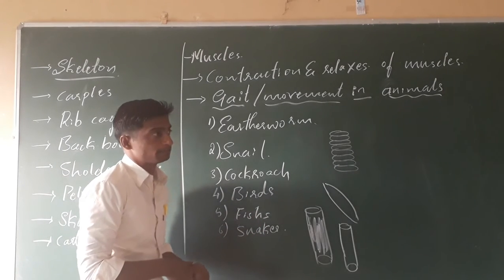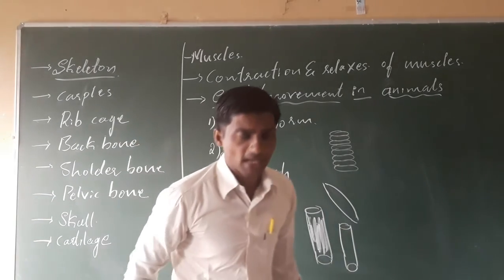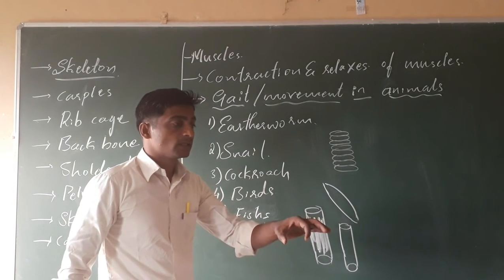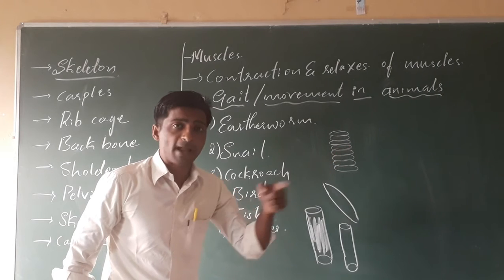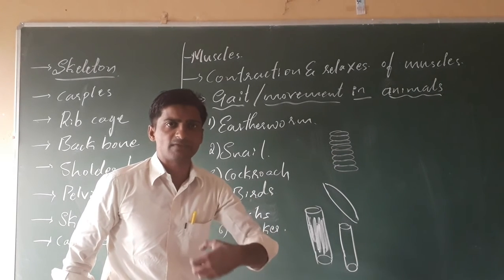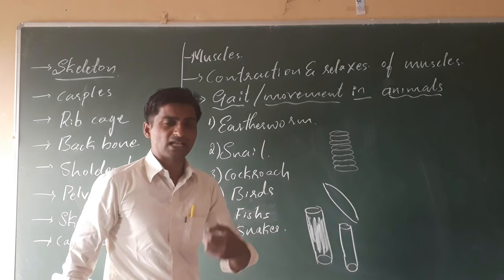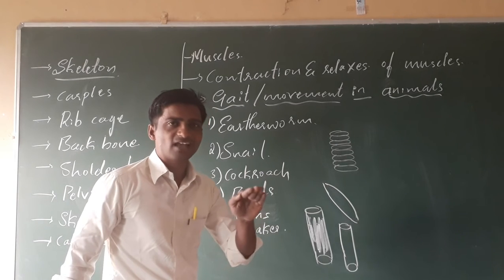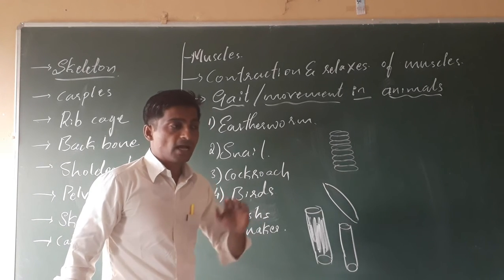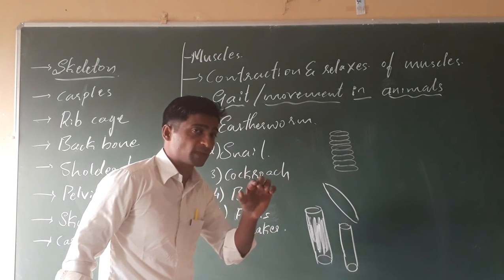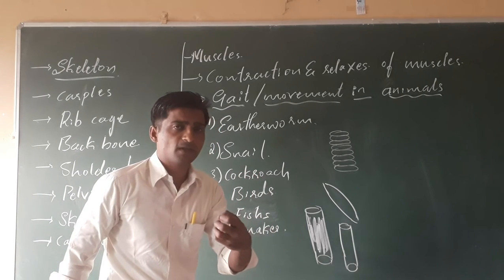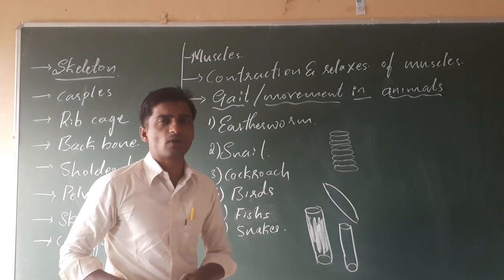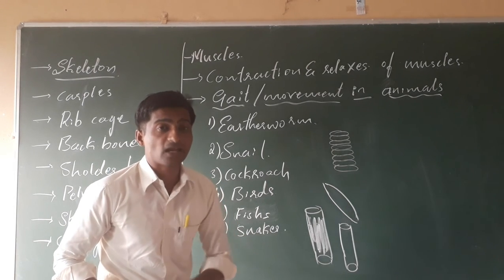Next, come to the snake. In the case of snake, see what happens, dear students. Snakes don't have legs. Snakes have a bony framework, a long backbone that is connected to the rib cage, having ring-like structures, and have scales on their body. And snakes show muscular movement. This bony framework present in the snake is connected to the soft muscles. These muscles show contraction and relaxation. Due to this, what happens? The snake shows zigzag movements.